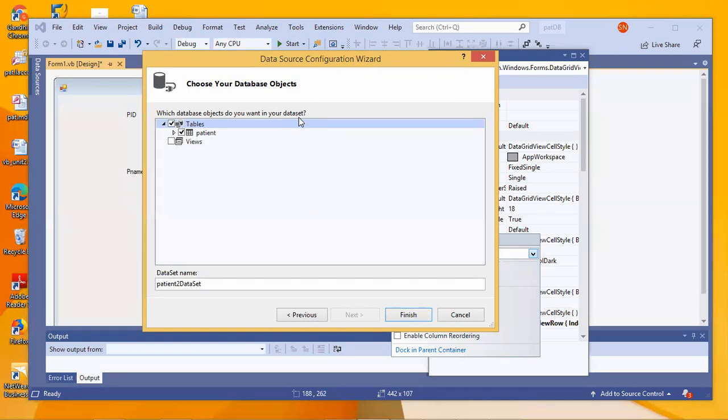Do you remember that? Yes, ma'am. A database can consist of n number of data tables. If I require only 2 tables from the database, I need to take only 2 tables and put them in my data set. So it is reducing the memory. If it is taking less memory, that means it will be efficient. So that's the reason we are creating a data set. Is that clear? I need only tables. You can even select views also. That's not a problem. But for my requirement, only tables are enough. So I'll take tables and I'll say finish.